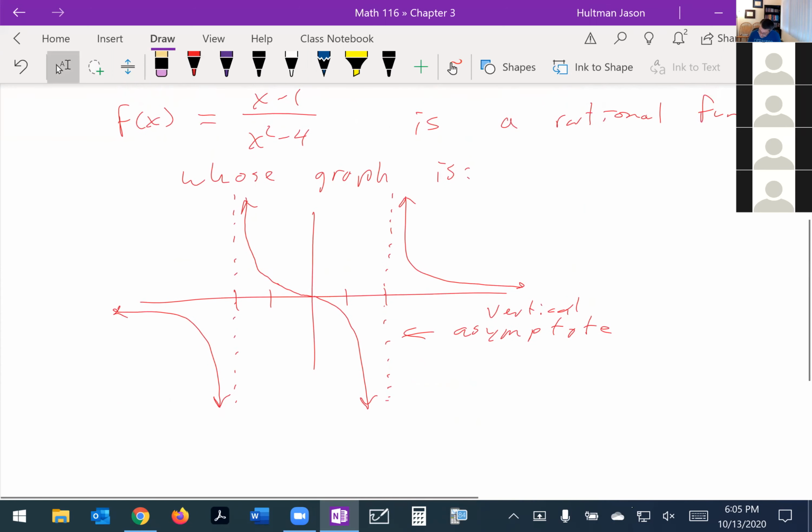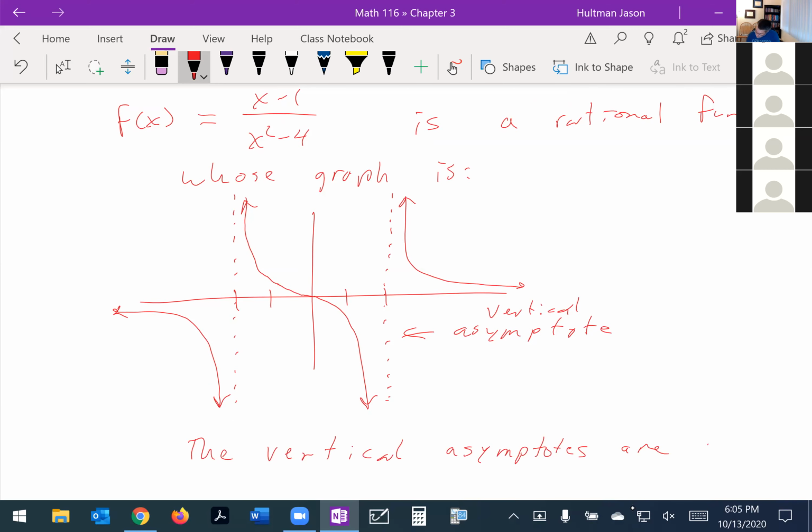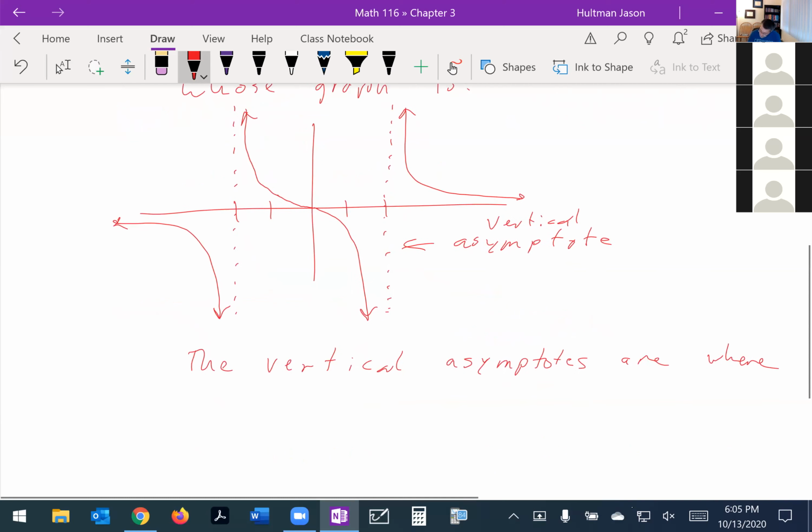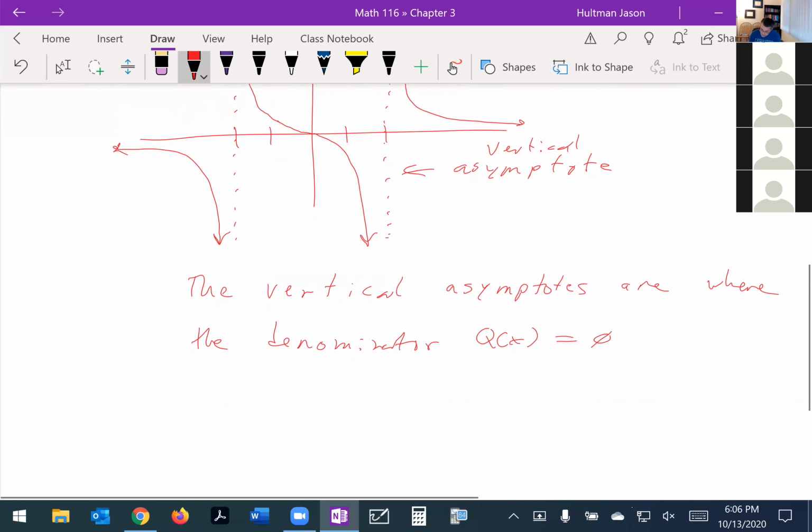Okay, now the vertical asymptotes occur where the denominator q of x is equal to 0. So if I were to take the denominator here, f of x is equal to x minus 1 over x squared minus 4, and I were to set the denominator equal to 0,